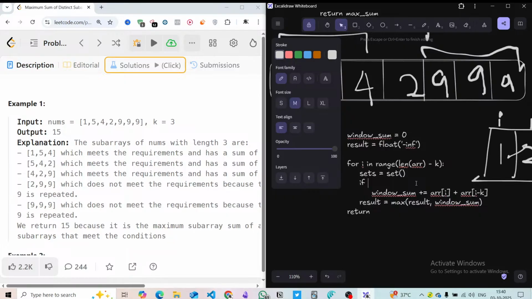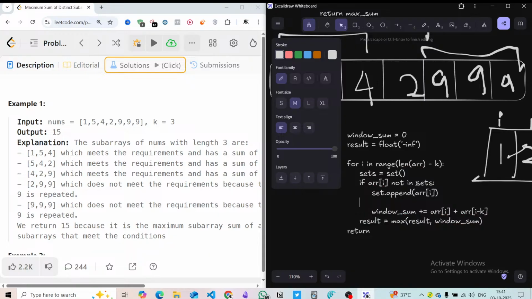So let's say if array of i is not in the set, then we just do set dot append array of i, right? Or else